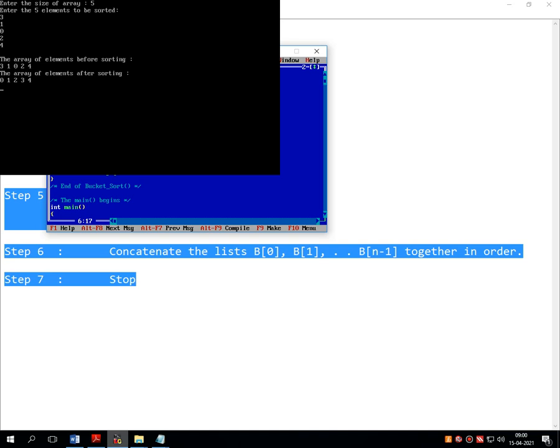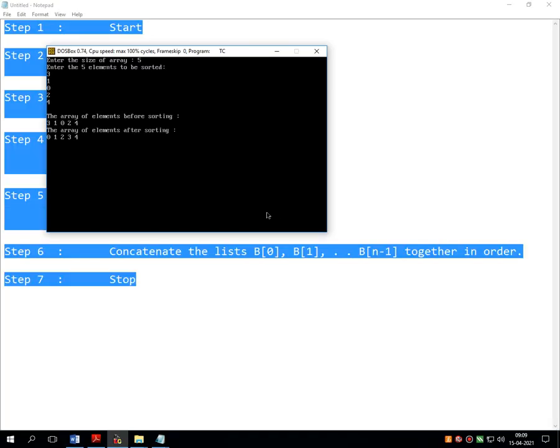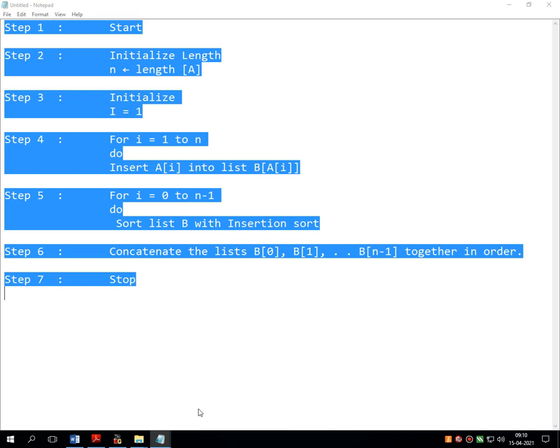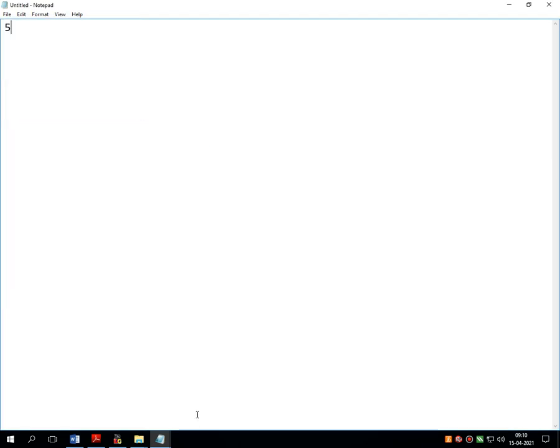for any unsorted 5 numbers. So just note down these inputted elements. Let me show you over the notepad. Total number of elements is 5.